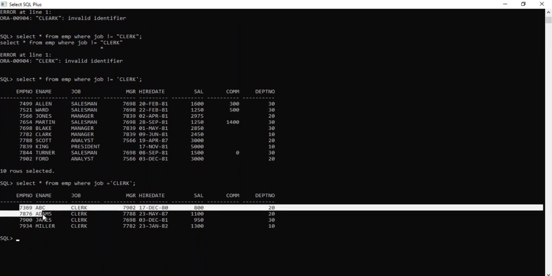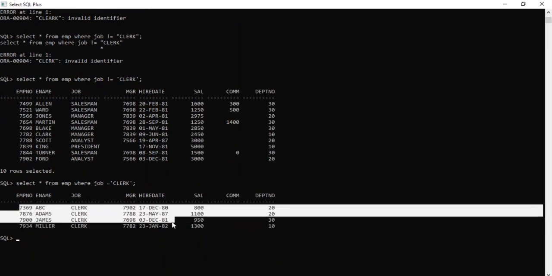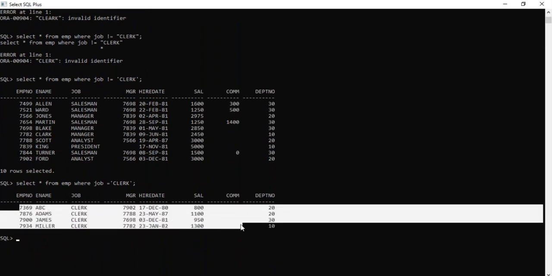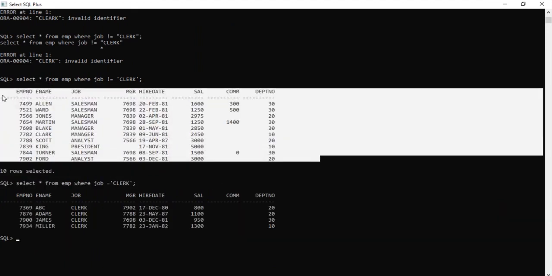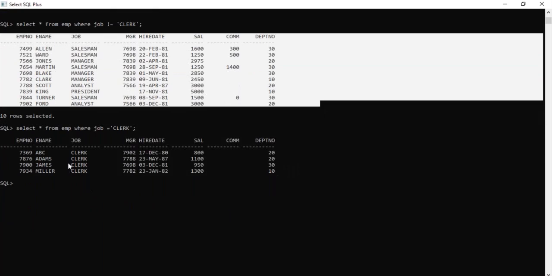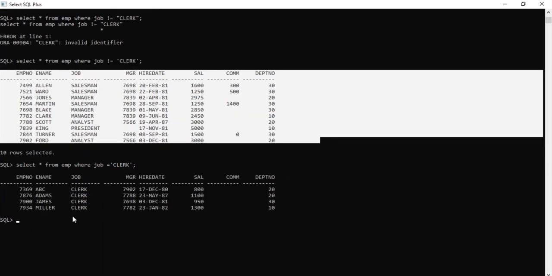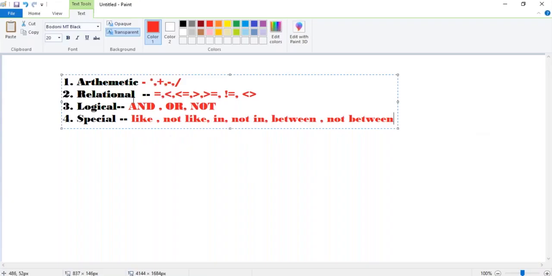Okay, we have to use single quote only. For alias name we use double quotes, but here we need to give single quote. Fine. See here, now how many records are there? Now if you want, do one thing: select job, I'm taking job is equal to, now clerk, you take first.